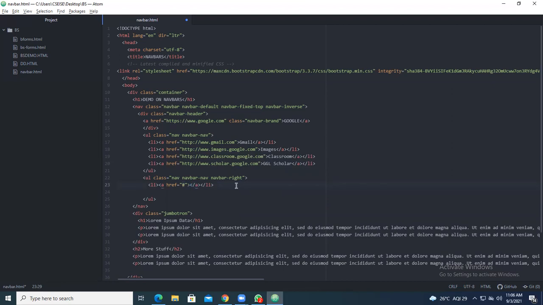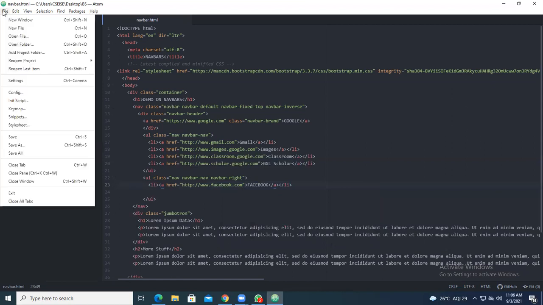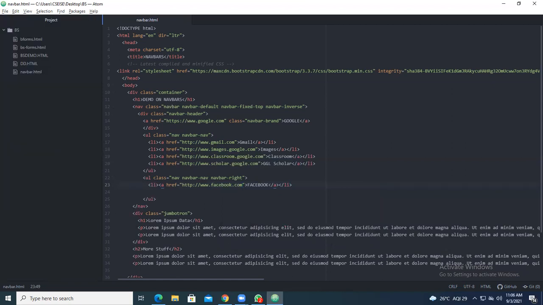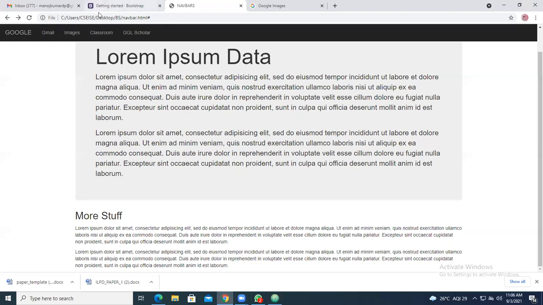What can be another link you can give? Take it as Facebook. Under that you give http://www.facebook.com. Save this particular content, go and refresh your web page.